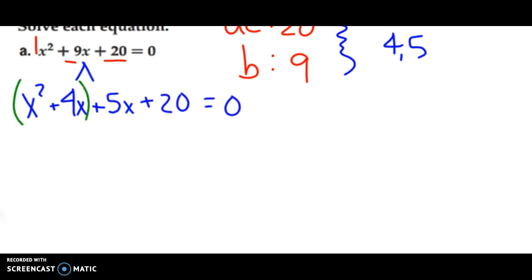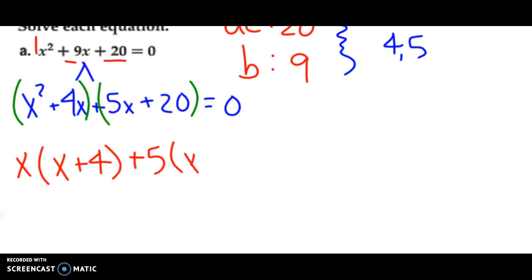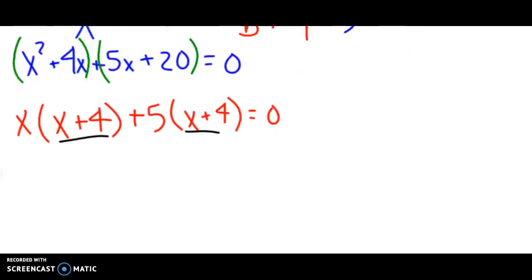So I look at them in two different cases, and I put parentheses around them. So what can I take out of x squared plus 4x? I can take an x out. What can I take out of a positive 5x and 20? I can take a positive 5 out, and I get x plus 4. Now the thing you'll notice right away is that in the parentheses, I have x plus 4 and x plus 4. It's the same thing, and that's what we're going for,